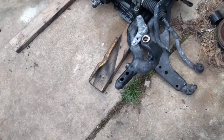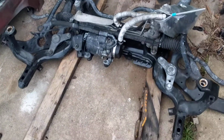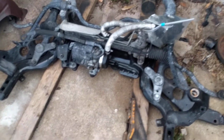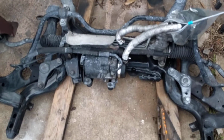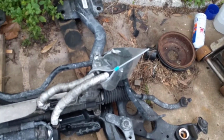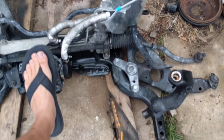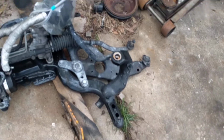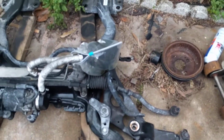Hey everyone, just another quick video on the Mini Cooper, and here we can see some of the more interesting features of it. It's the front suspension, and here is where the power steering pump sits, right there. There's our hoses. These two hoses have kind of failed on this one, so they will be replaced. However, the ball joints are in good shape, although this one has a torn boot, and the rack is in